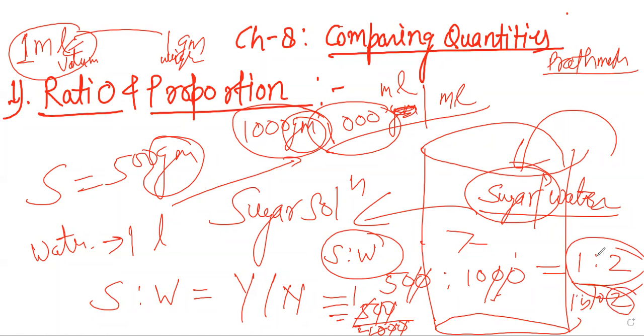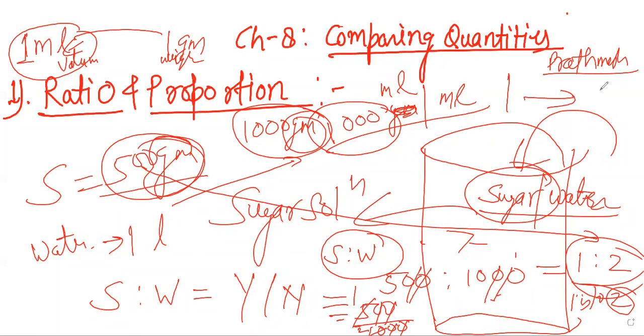1:2, right? So now in quantities you have seen over here, this is 500 gram, but in ratio this will be only 1. Means this 1 is representing 500 gram. Yes or no? Please tell me. Yes. This is the little bit of concept of a ratio.